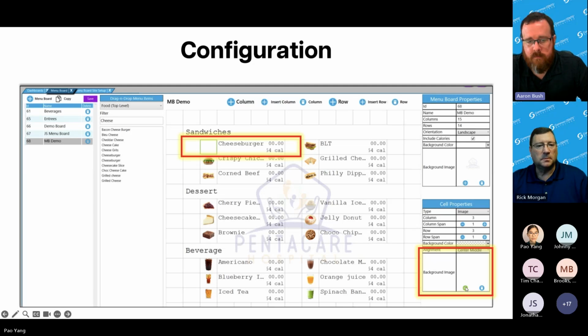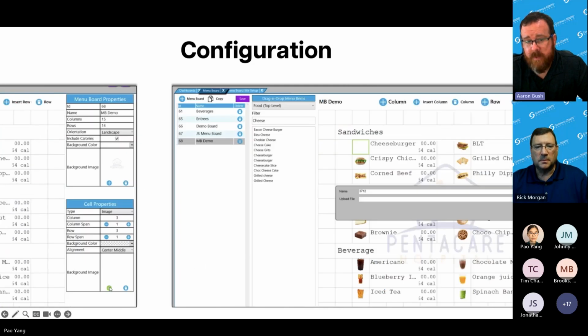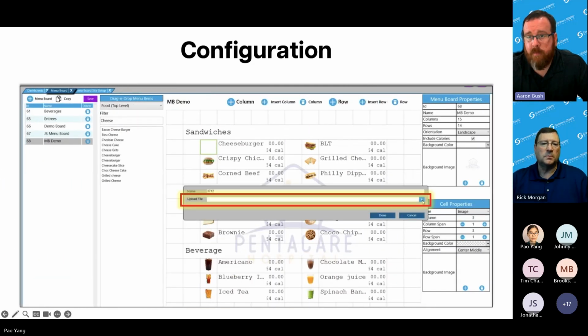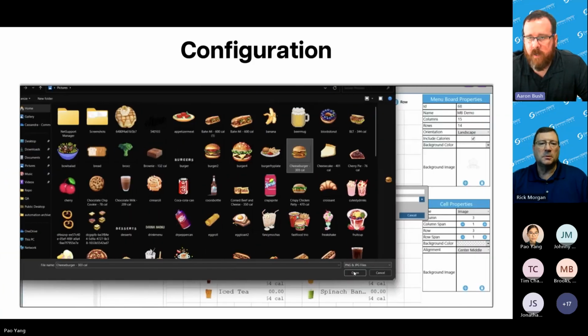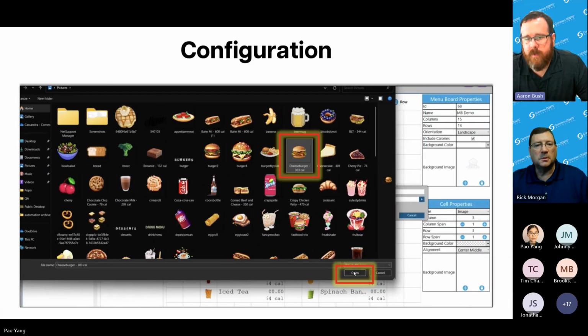Once you have a menu item drag and dropped, such as cheeseburger, let's say you wanted to add an image next to that. So you'll notice in the bottom right-hand corner, we have a cell property section that says background image that's highlighted. We would go ahead and hit plus. This is going to bring up a screen that lets you name that image. So you can name it whatever you want, and then you can select what image you want to do by hitting that arrow to the right. This is going to bring up the Windows selection, similar to how you would select a file for importing to Excel or opening a file. It's just a matter of browsing to the directory you want and selecting a PNG or a JPG right now,